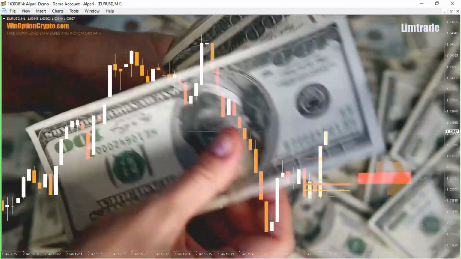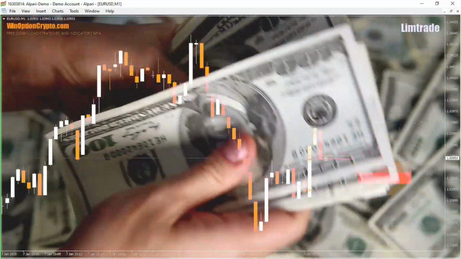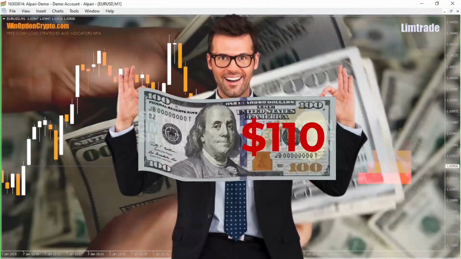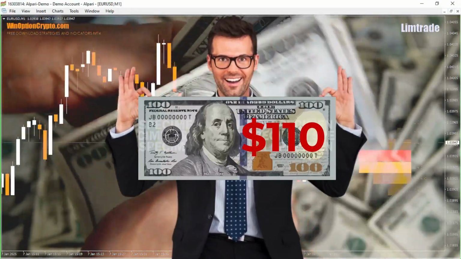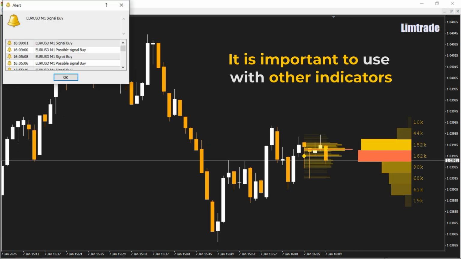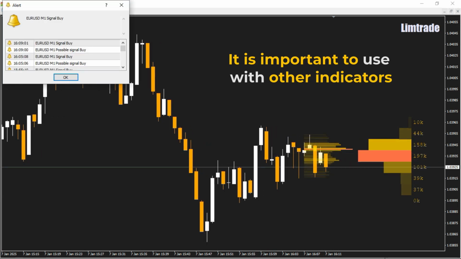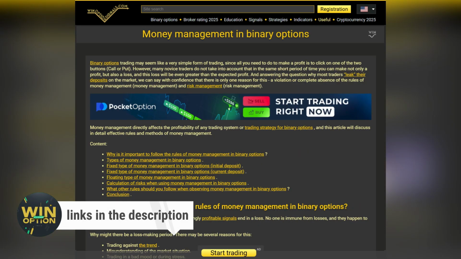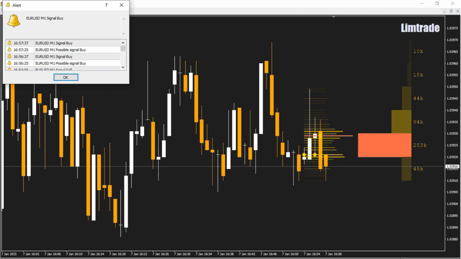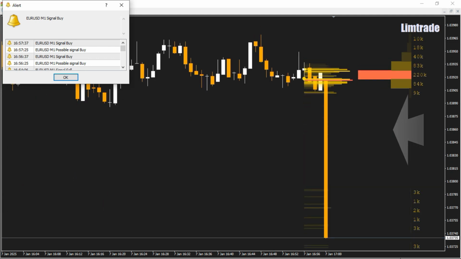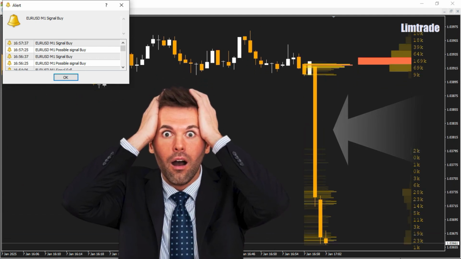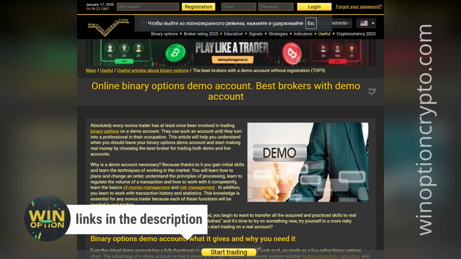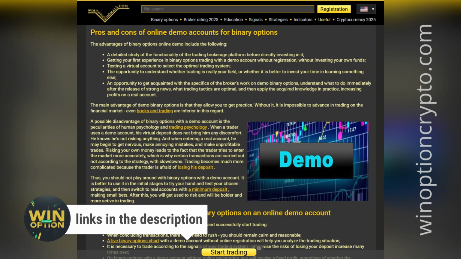In general, we would like to make a final conclusion that Limtrade can be a useful tool for traders and is worth its $110. But it should be used in combination with other additional filters, indicators, and a cautious approach to capital management. It is important to remember that binary options trading carries certain risks, and no indicator can guarantee success. Therefore, we recommend that you first practice on a demo account with a reliable broker before you start using